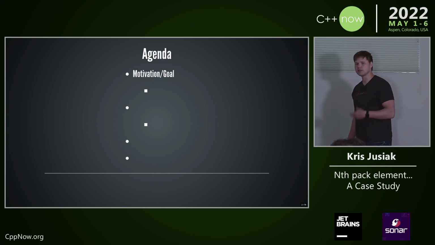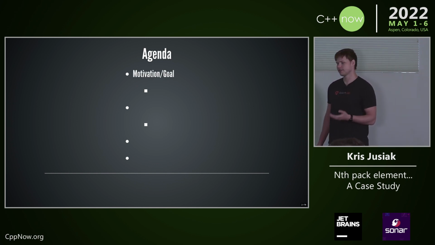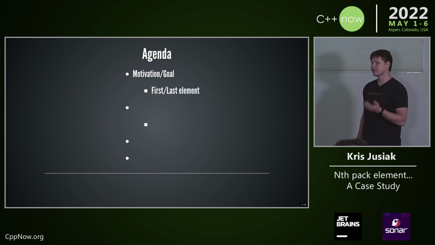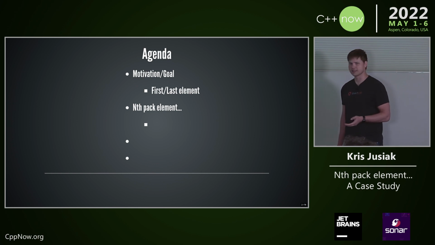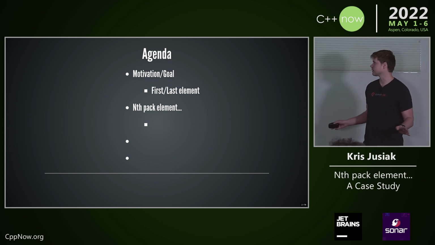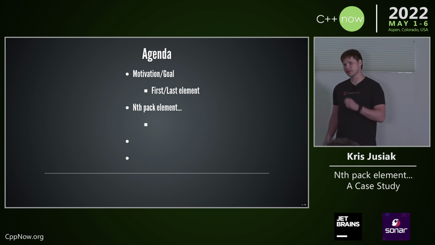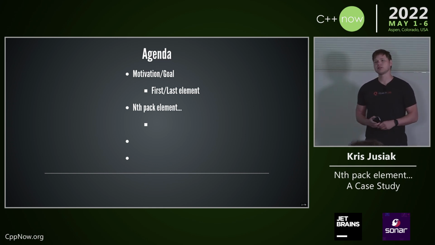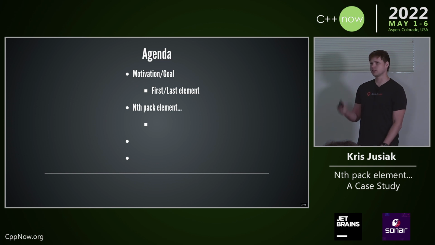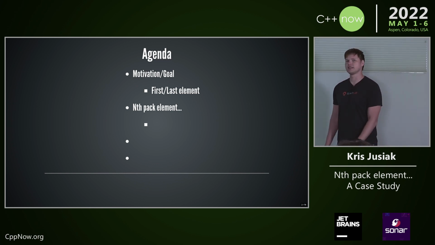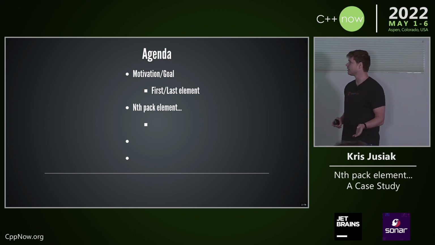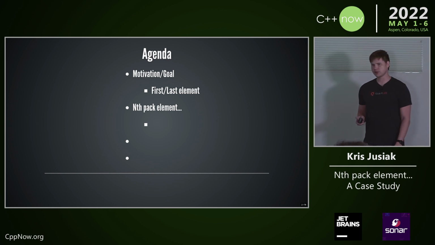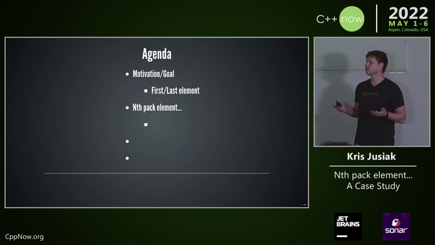So what we'll be talking about: why we actually need nth pack element, why we can do first and last easily. That's quite easy in C++. But the nth is actually way more difficult, and there are tons of ways of doing that. And this presentation is based on a lot of people's work, Daisy's work, as well as Lois Dion's work, and a lot of people who I'm not mentioning here. But obviously Sean, who will be here in a moment, the circle, that will be also mentioned, because in the end, the goal of this talk